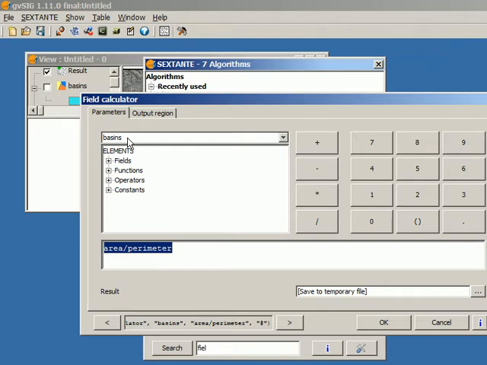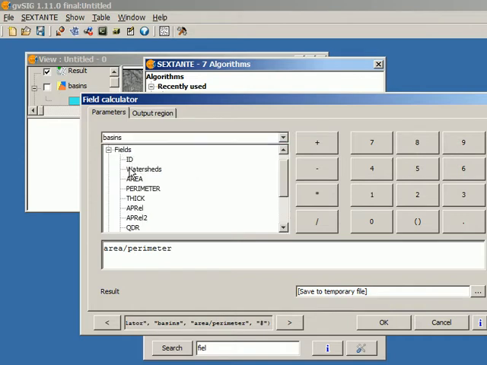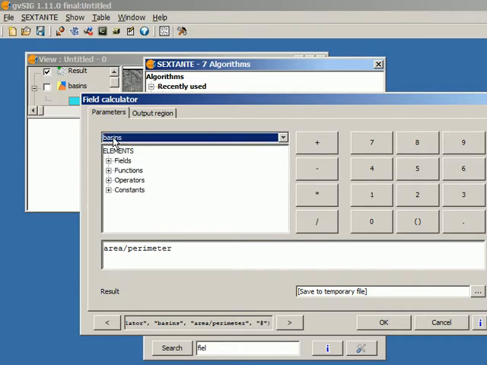That is because I can take the values from the fields in the attribute table of the vector layer that I'm using and not the values in the attribute table of a different layer. So if I change here and say I don't want to use this basins layer but a different one, then the fields tree will change to contain just the fields from that layer. Okay, so in this case I just have one layer, this basins layer, and this is the one I'm going